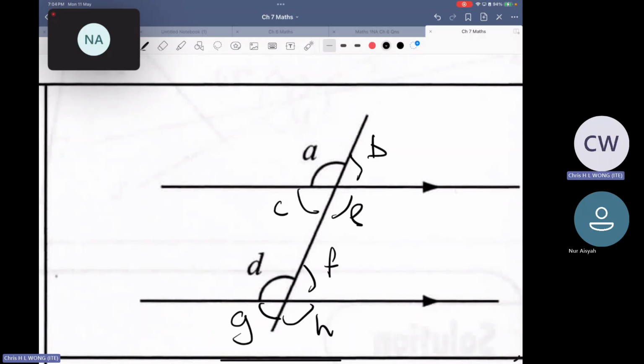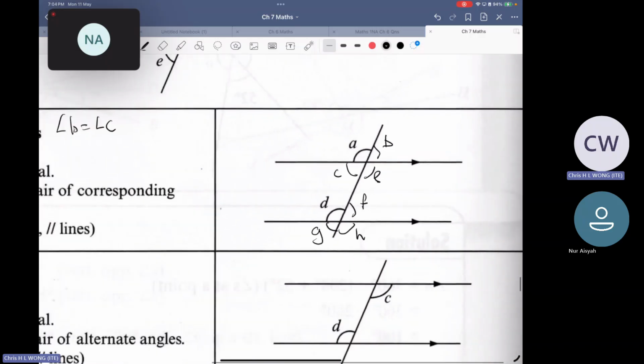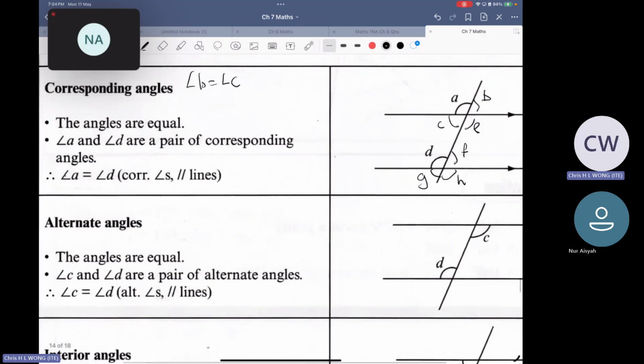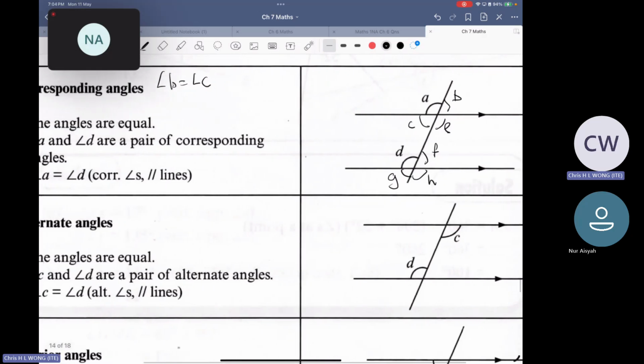Okay, back to this again. So next one, okay, some more. So the next one is called the alternate angle. Another alternate angle, this one. That's why I say don't use the alternate angle over there, use this. Now, alternate angles here are also equal, also between two parallel lines, but